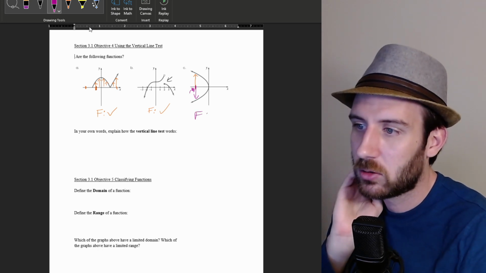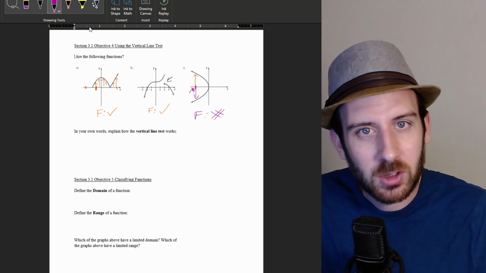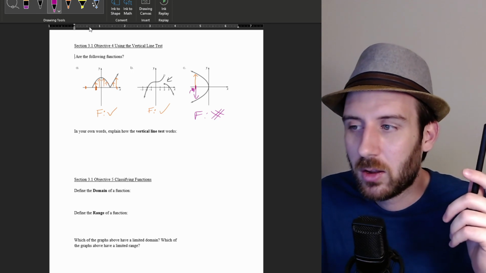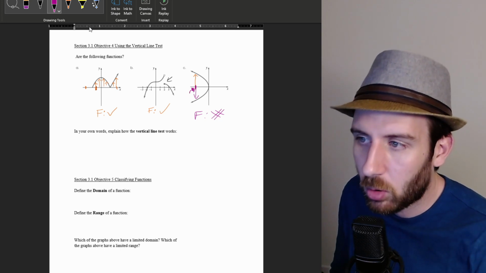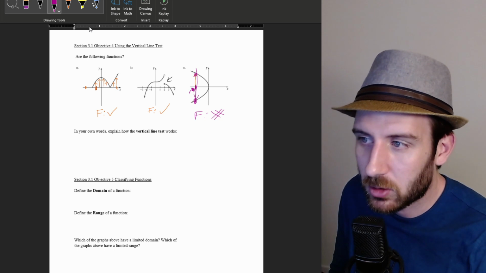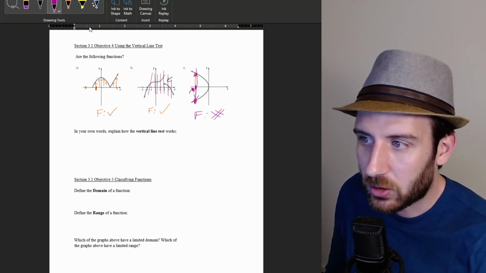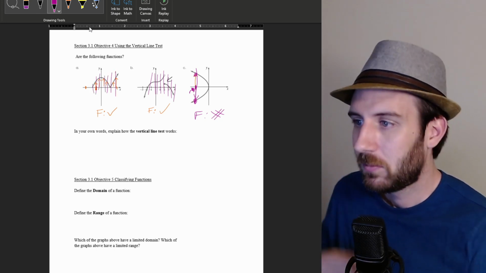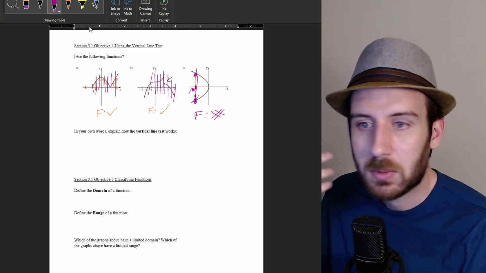So I'm going to say, is it a function? No, not a function. And this is where we start to get a little bit of a shortcut. Notice the shortcut. All we're doing is looking up or down all the time. And so if I ever cross my graph more than once, like here, that must be a place where I have ambiguity. Everywhere else, if I just draw these vertical lines going through, I only cross once. Even over here, I only cross once. We call this the vertical line test,